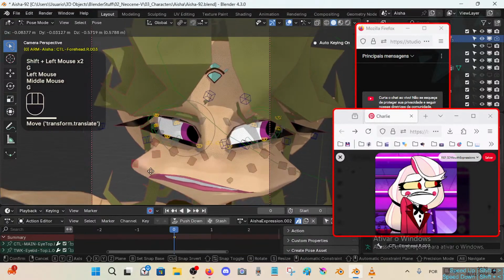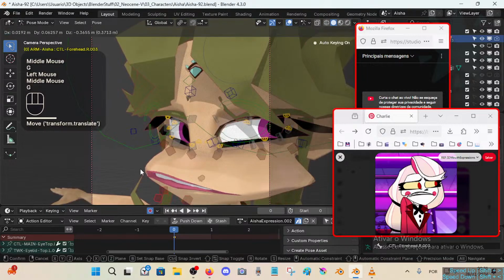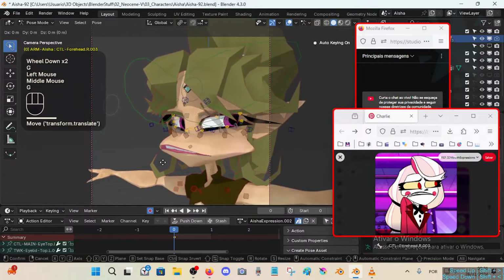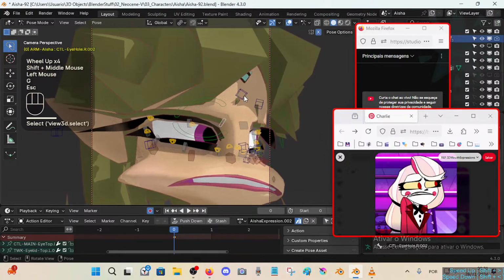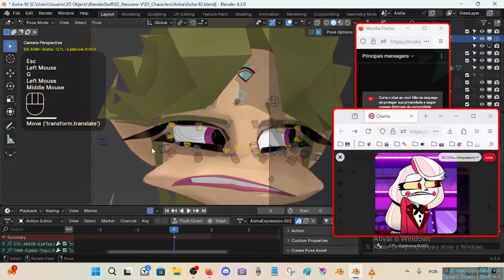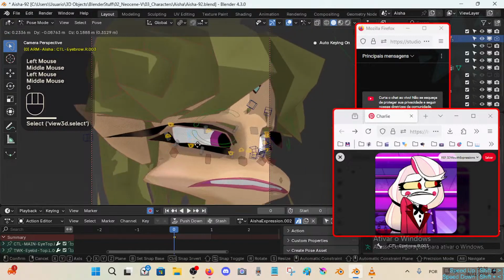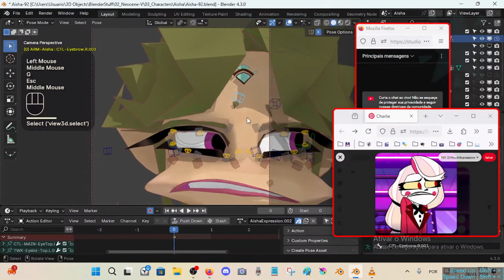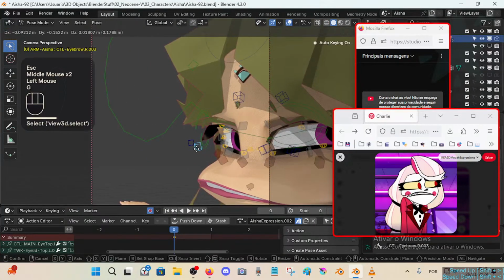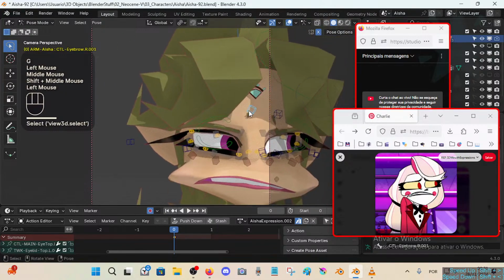So this is one little problem. They need to be doing something like that. So I already took note of what needs to be done here. But it will be sort of urgent for my workflow, right? If I want to make the eye expressions, then I need at least to have,